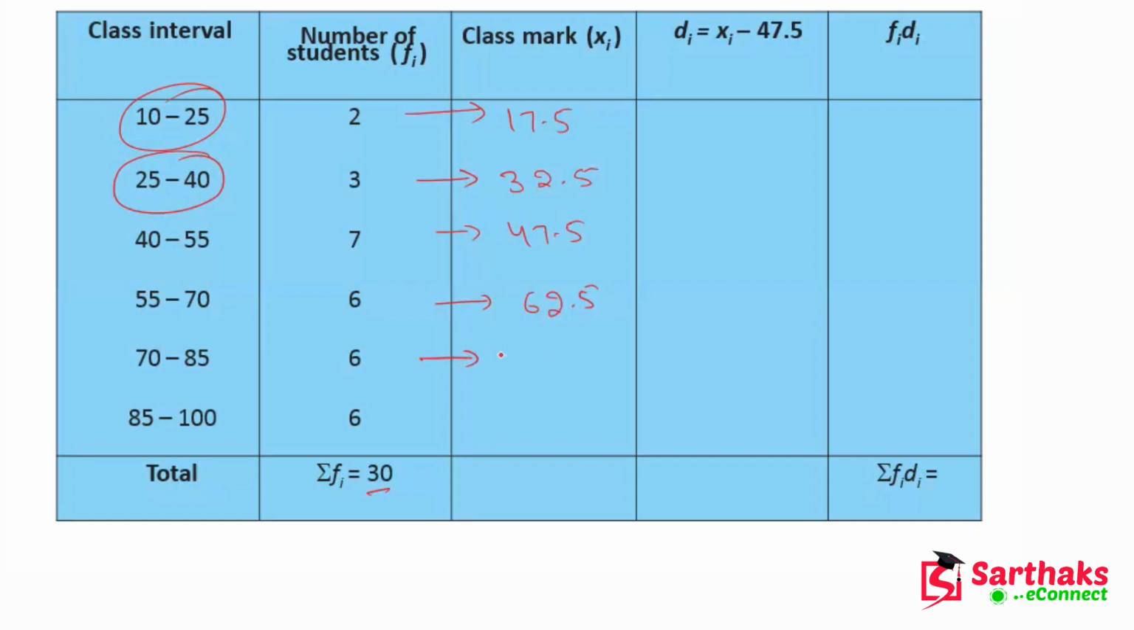The midpoint of this is 77.5, and the midpoint of this is 92.5. Now, my dear friend, we have to assume a mean in this. Let's suppose we are assuming